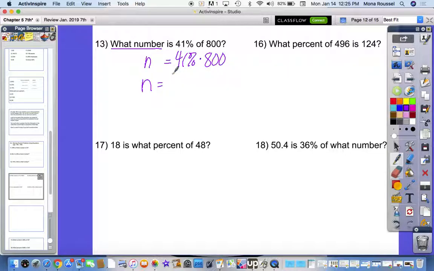Now we have two choices. We can change 41% into a decimal, 41/100ths, and multiply that times 800. Or we can change 41% into a fraction, change 800 into a fraction, and multiply the numbers as fractions. So we can do one or the other. Again, we're not going to do both. So if we multiply 41/100ths times 800,